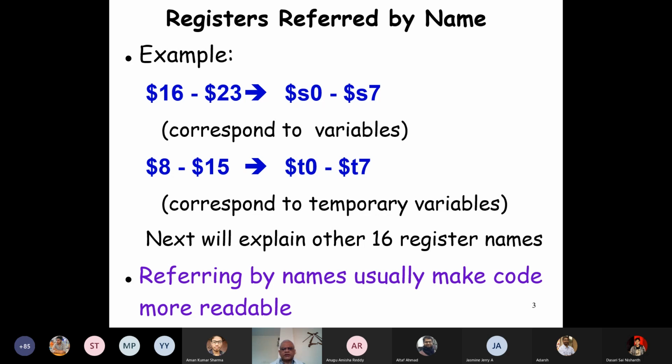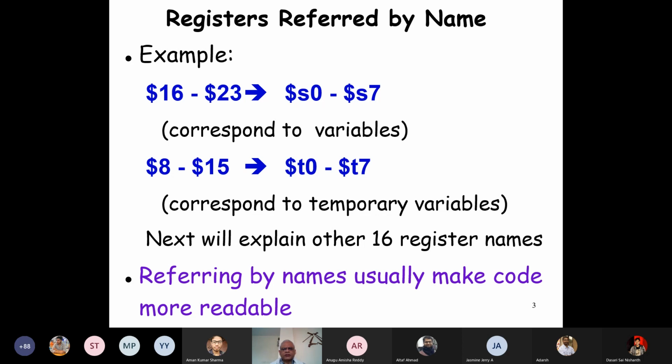These are called saved registers because on a subroutine call, these values don't get disturbed. These are unaffected on a subroutine call.